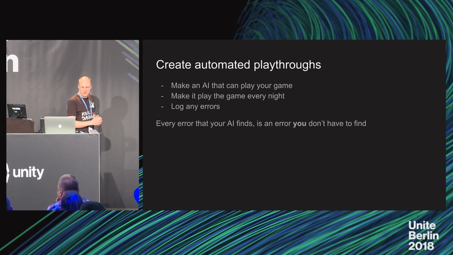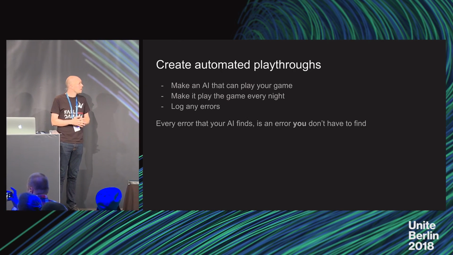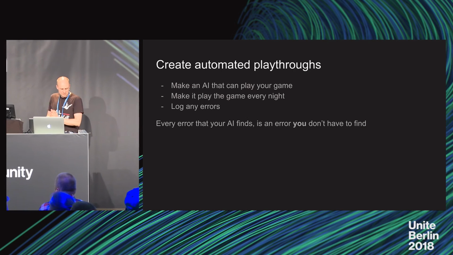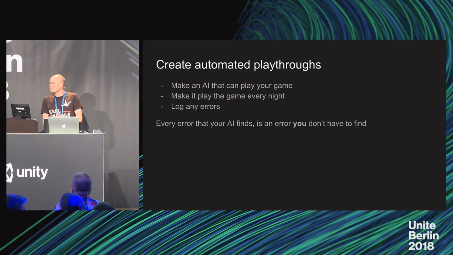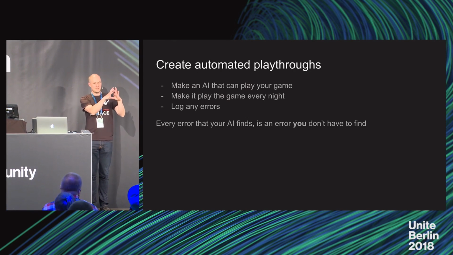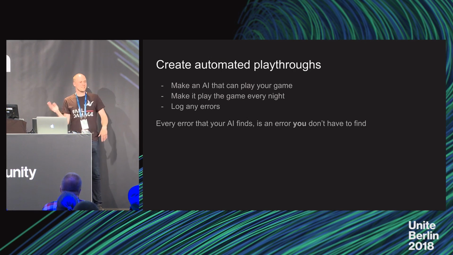Another thing that has been really valuable for us, and probably is for you as well, is creating automated playthroughs. This is about making some kind of AI that can play your game. It doesn't need to be smart. In fact, for our game, the first AI that we made was called the Random Action AI. It would roll the dice every time that it needed to do something. And what we would do is we started up 6 or 10 of these game clients on the same box with the tiniest possible window, lowest detail settings, and then we just let all of these run, and we could watch them crash left, right, and center, and then look at the logs.